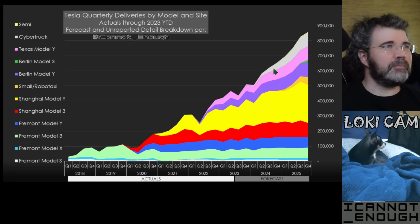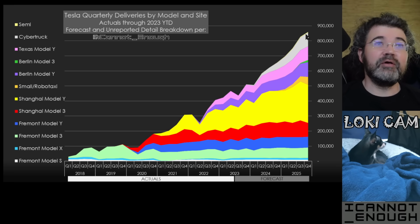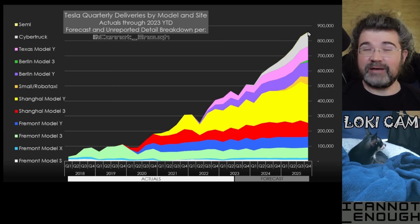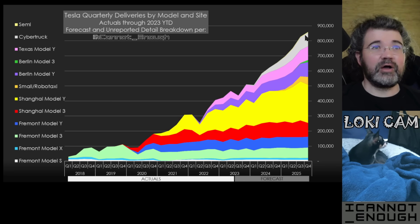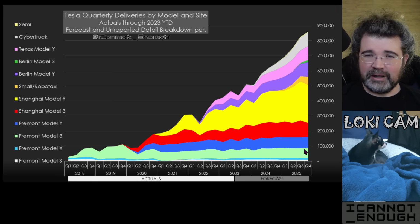Then you can't even see the Semi in yellow. It's barely visible here in Q3, Q4 of 2025. That's about the time I have that ramping up some. It's hard to make a lot of semis if you don't have a lot of cell supply. You would rather prioritize the other vehicles than Semi. Plus, the market isn't huge for Semi anyway, so Tesla's never going to be making lots and lots of them. They might one day make about as many Semis as they make Model S and Model X, but